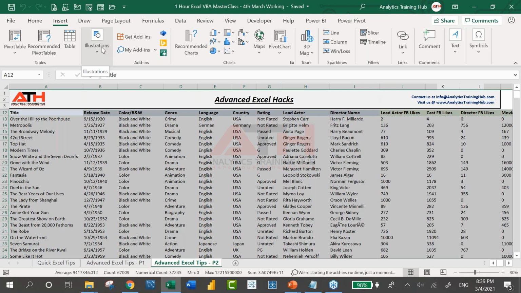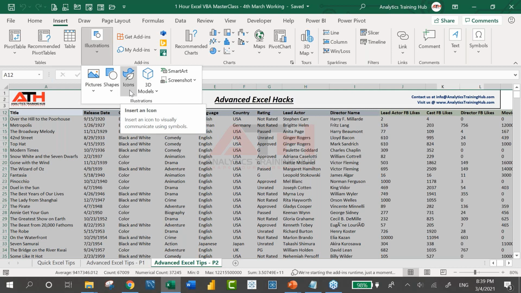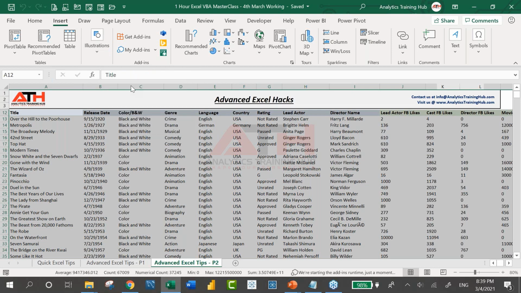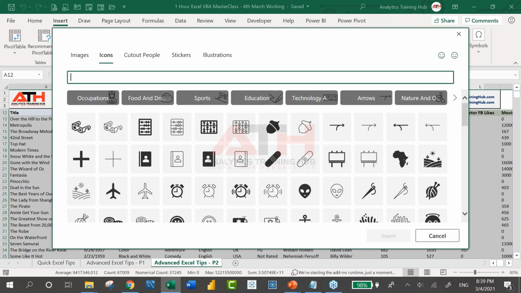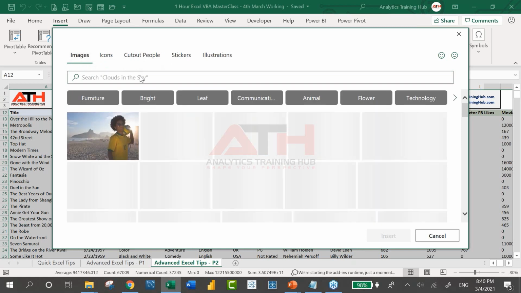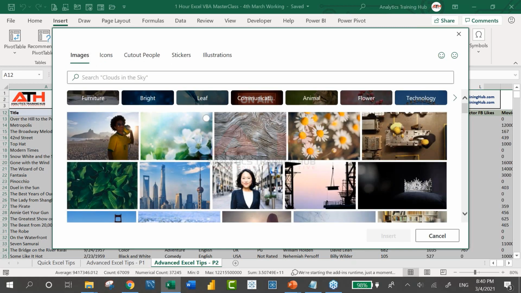All right. In Illustrations, which is located under the Insert ribbon tab, they have added this option called Icons. Now at times we have to create presentations within Excel also. So this feature provides you the option. Here you can see that you have got some exciting options like images. You do not have to actually go to Google.